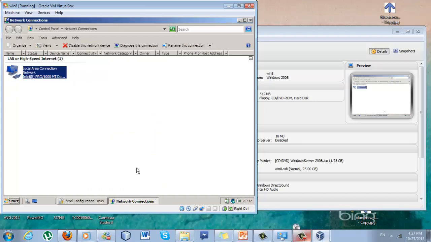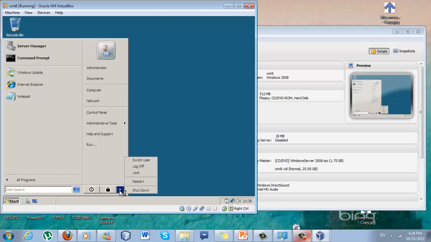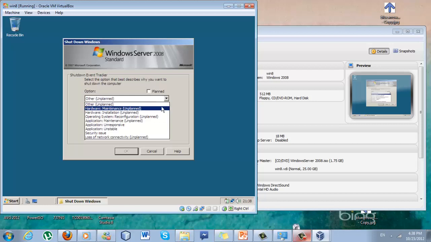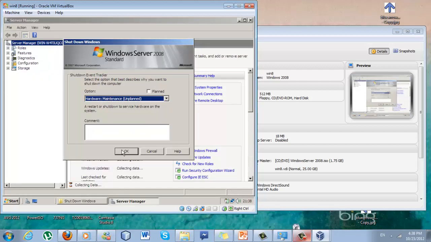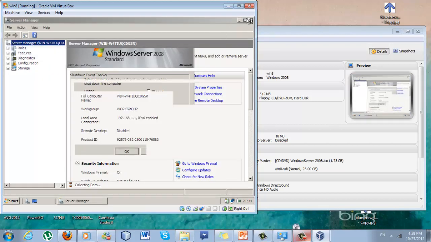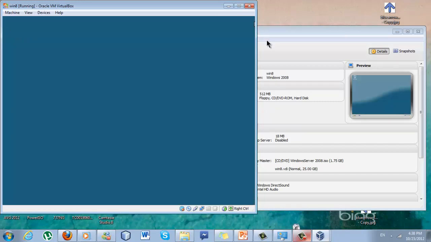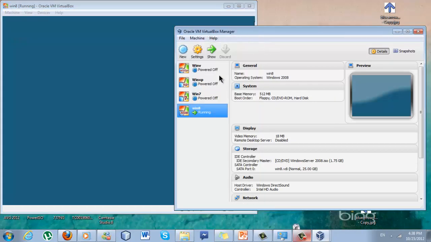So as of now, this computer is part of a work group. Let's restart our computer now. We're not going to restart, we're going to shut it down. Alright, now as that is shutting down, let's configure our